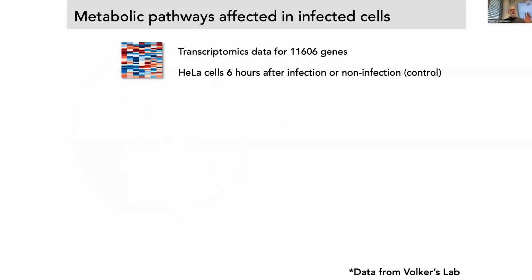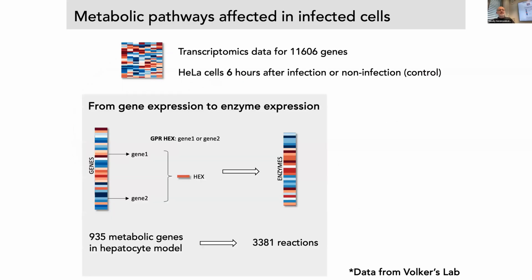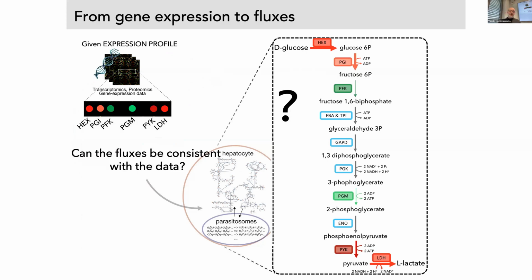So what we do is, our collaborators use HeLa cells, infection and non-infected control. This is the typical system they use. Then they do transcriptomic analysis, and they find which are the enzymes that go up and which go down. So now the question we have is, okay, if we look at any transcriptomic data, essentially the hypothesis usually is